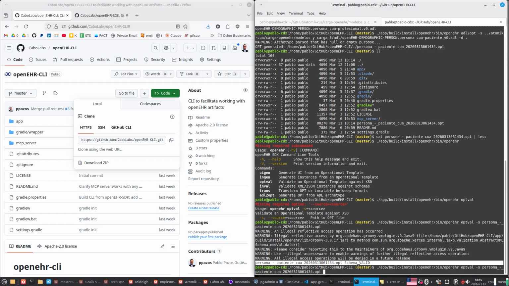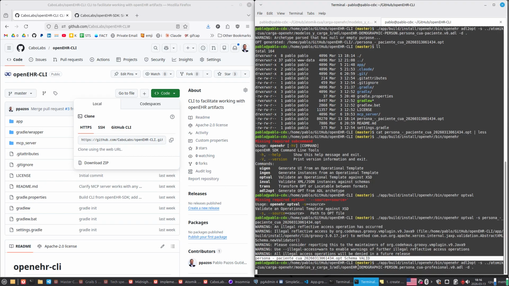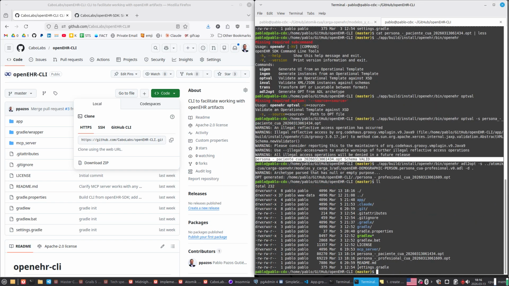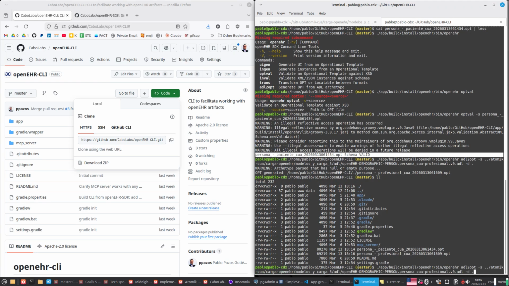I also need to transform the other ADL I have there. This is for the doctor actually. So now we have two OPTs, and now I can show you, because I also need that, how to generate instances. So right now we have two templates for the person type of the demographic model,